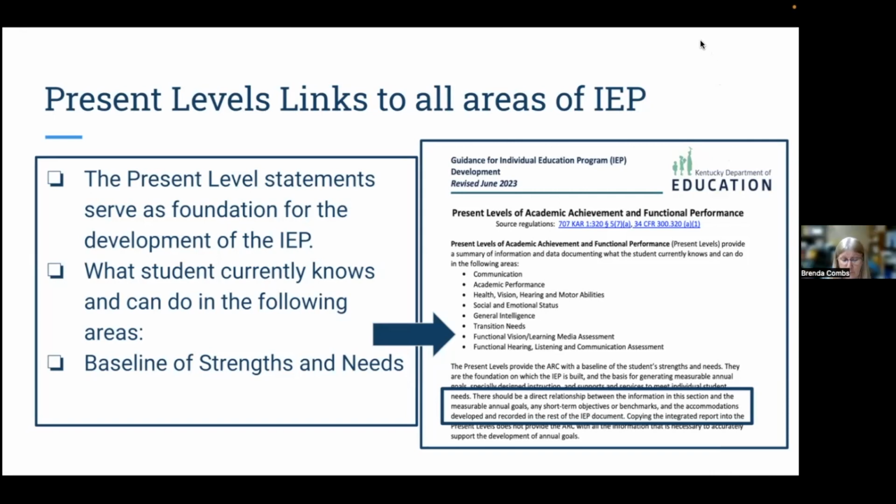Okay, so as we're doing folder reviews, we actually scan and we look for numbers. We look for percentages. That gives us the baseline. You may talk about where the student was and now where the student is from last year to this year. So we do like for you to compare that. And I've said that 2 or 3 times, so I think that's important for us to do. So the present levels lead us through the whole entire document.